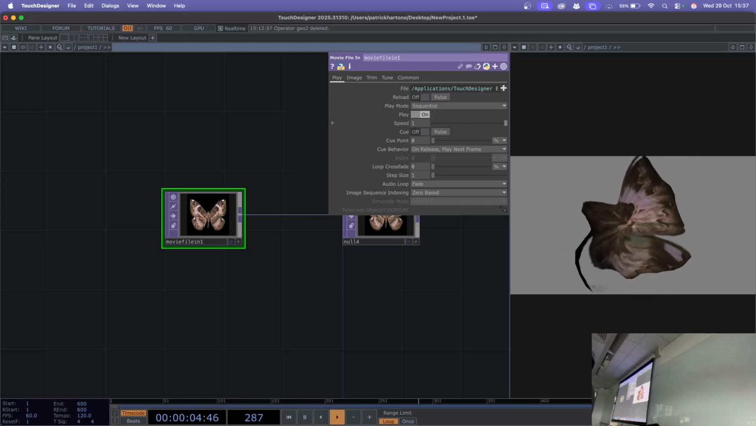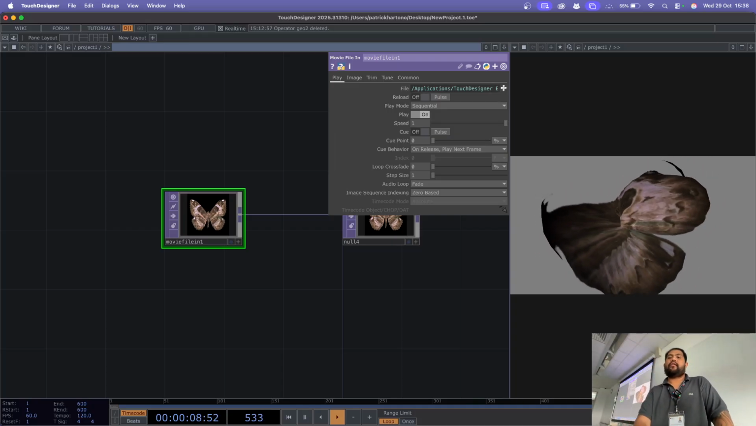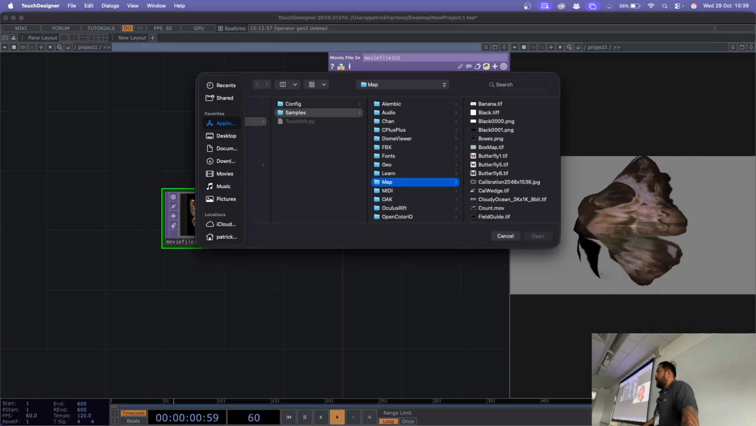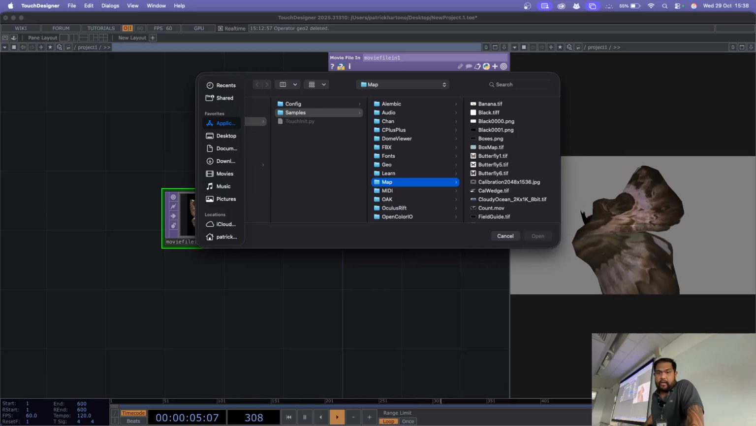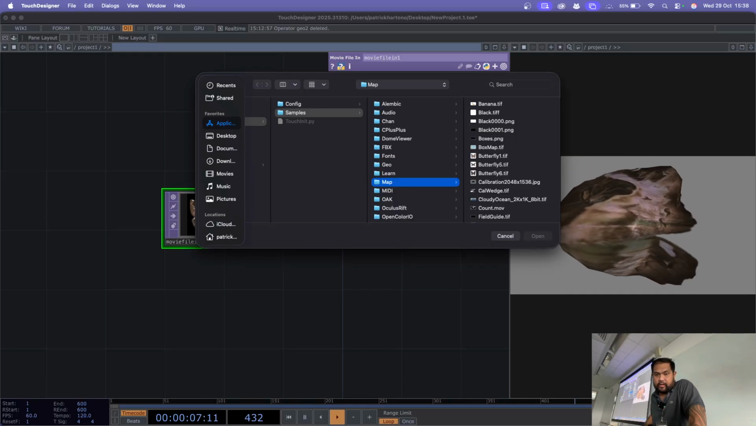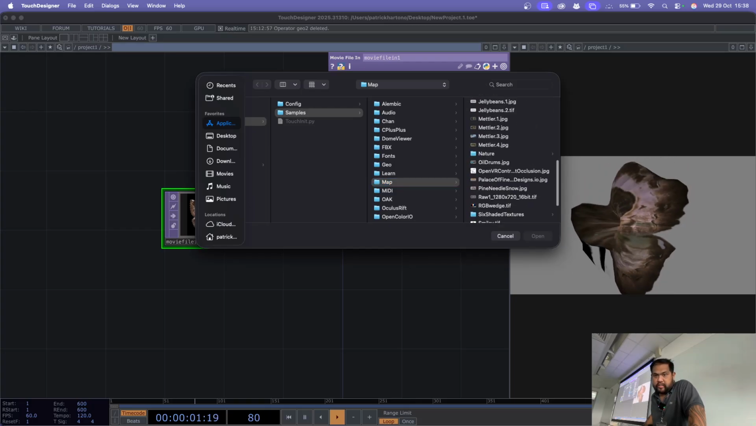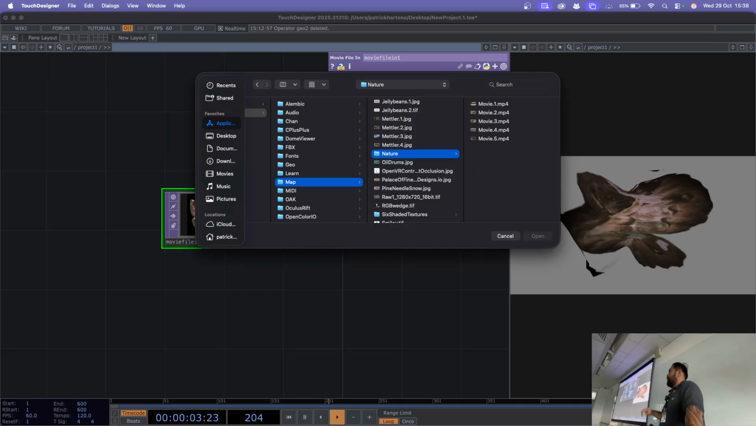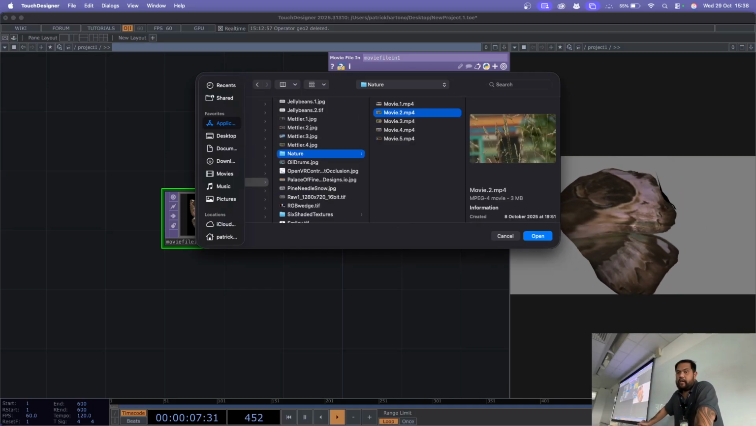Okay? Now, let's say I would like to use a movie. Can I use a movie file? Yes. So if I go down here, to nature, this is the nature folder. The nature folder is basically a movie. So if I click here,